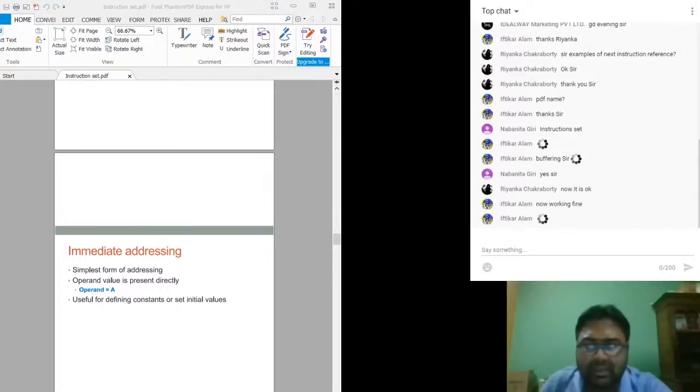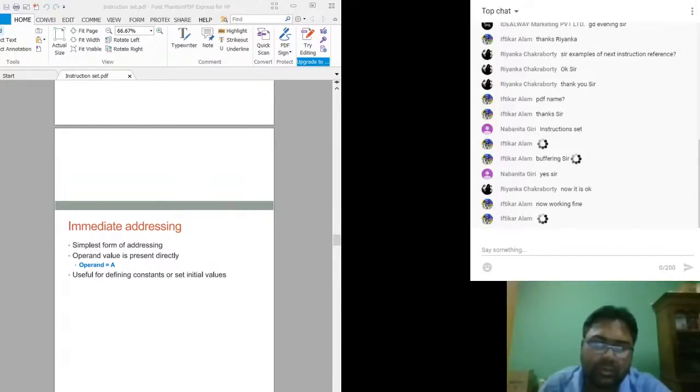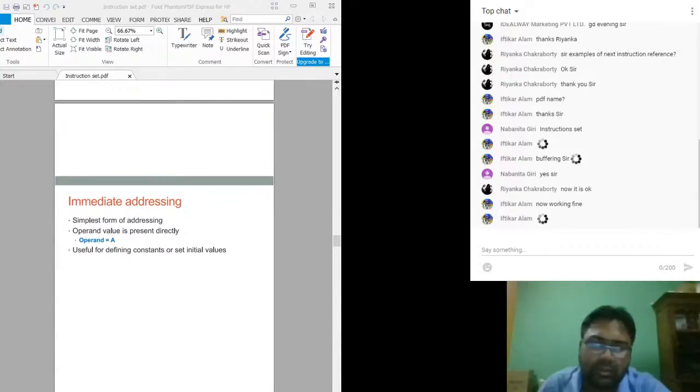These are the classic examples of immediate addressing, meaning you are giving the operand value directly in the instruction. It is useful for defining constants or for setting initial values.